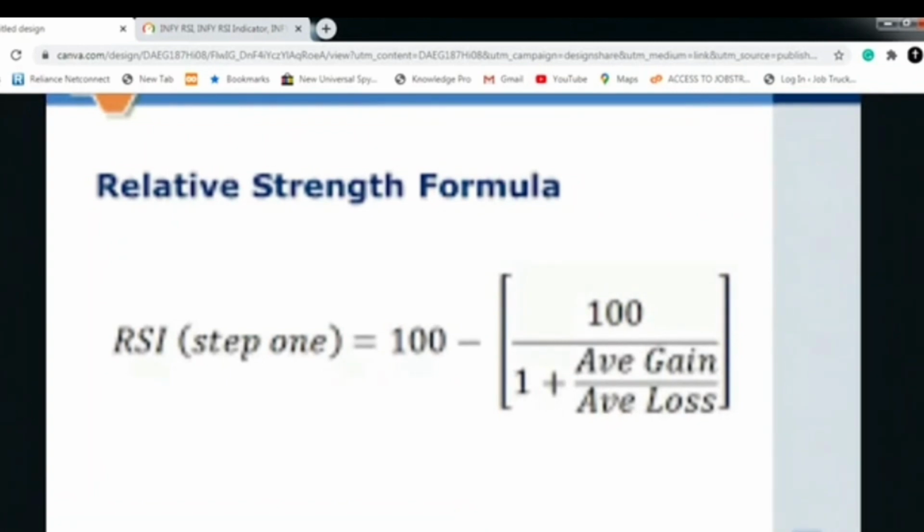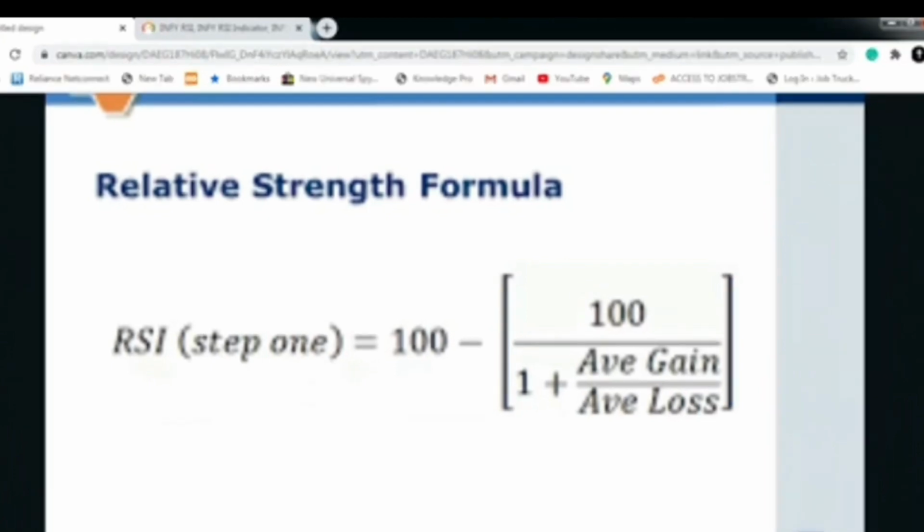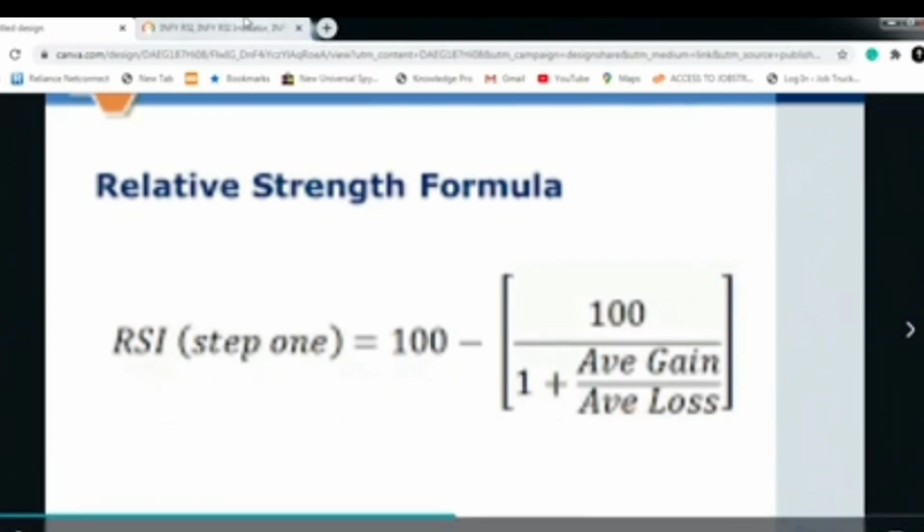It gives you an idea whether the stock is oversold or overbought. Oversold means the stock is having high selling pressure. Because of this pressure, it will be oversold. Overbought means when the stock is becoming very attractive, many people will be there to buy the stock. That is overbought. So we have overbought and oversold. You can understand whether a stock is overbought or oversold by looking at this RSI factor.